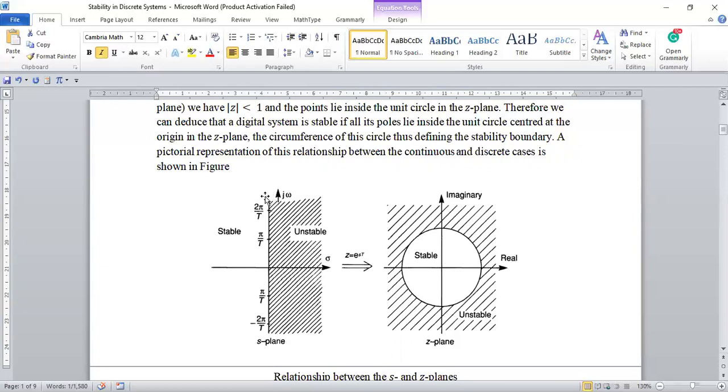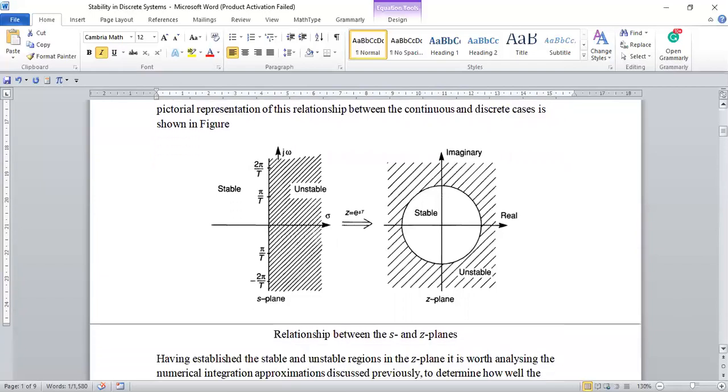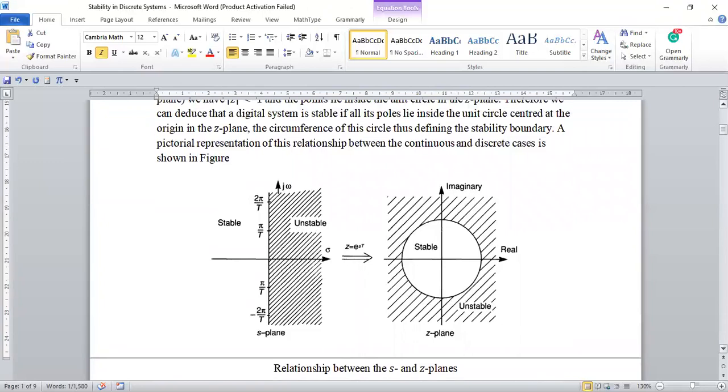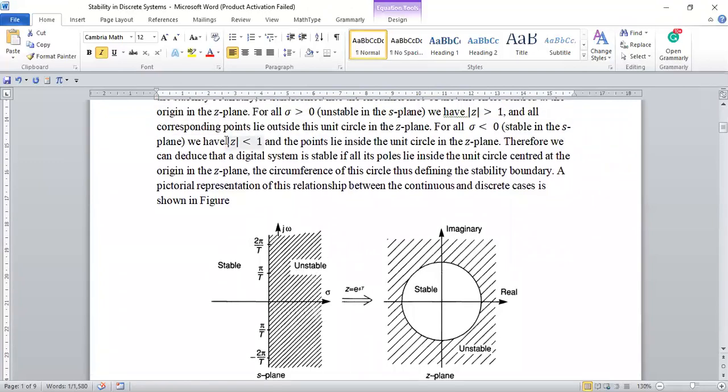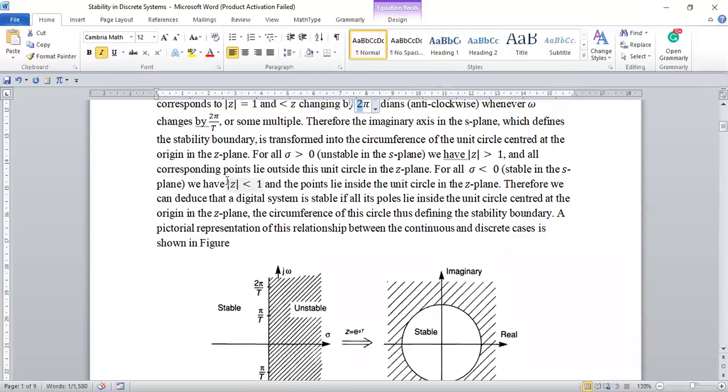This is the region of marginal stability. This is the negative side and this is the positive side. So the negative side indicates the region of stability, while the positive side is the region of instability. But in the discrete time domain, we have the unit circle, and previously we were using the modulus of z. So we can say that the region of stability is,